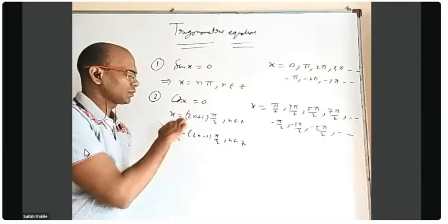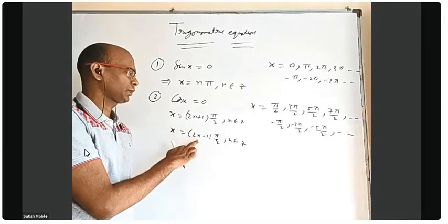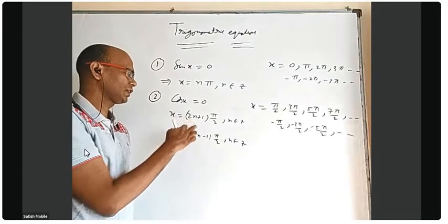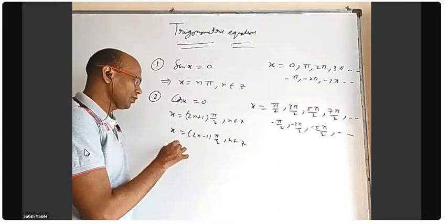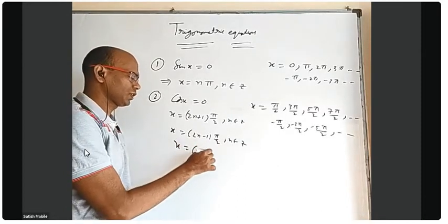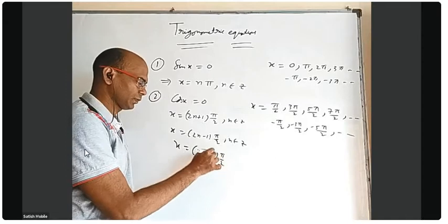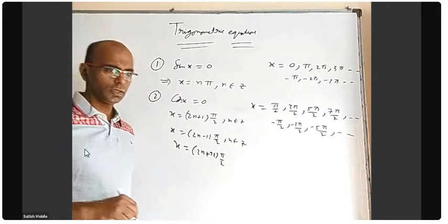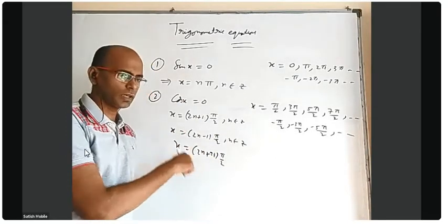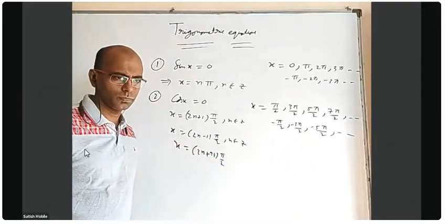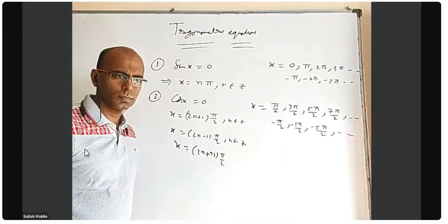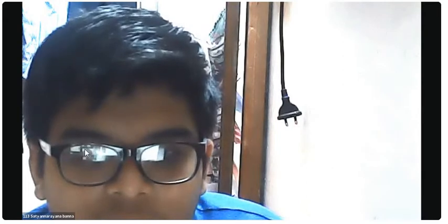Yes. Here if you put n equal to 0, you will get 1, and here if you put n equal to 1, you will get 1. Here if you put n equal to 1, you will get 3. Here if you put n equal to 2, you will get 3. But both will cover every odd multiple of pi by 2. Why only 2n plus 1, 2n minus 1? Somebody can take (2n plus 91) into pi by 2. That will also cover all the odd numbers. If I take n equal to minus 45 here, what will happen? Pi by 2. If I take n equal to minus 44, 3 pi by 2.